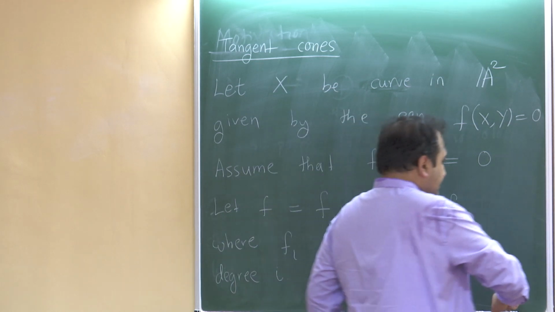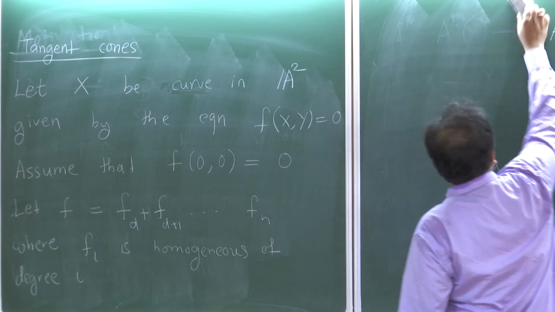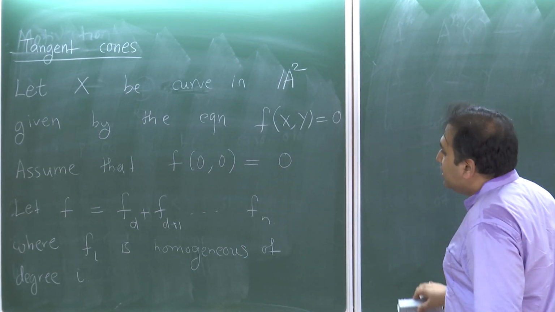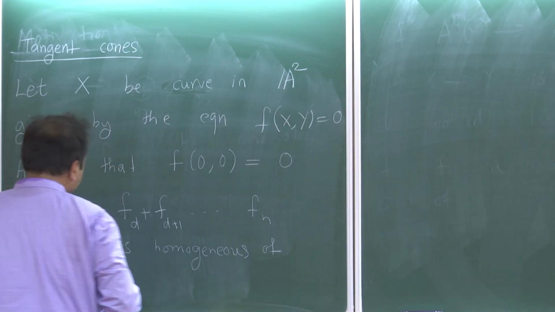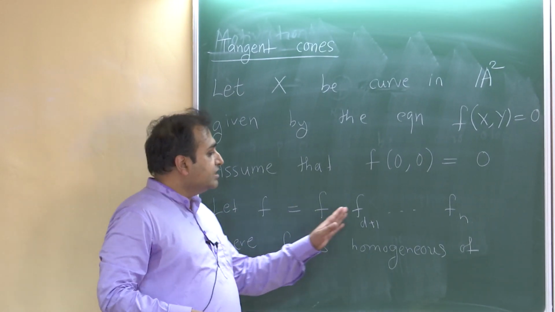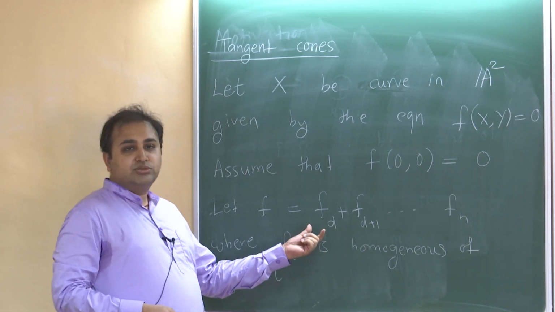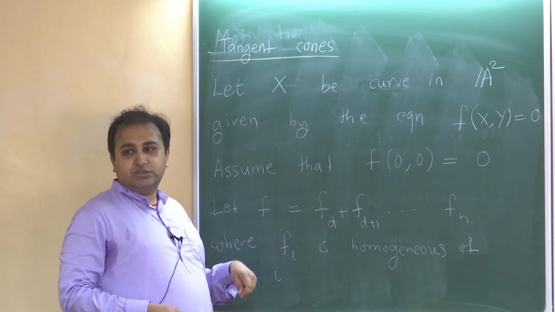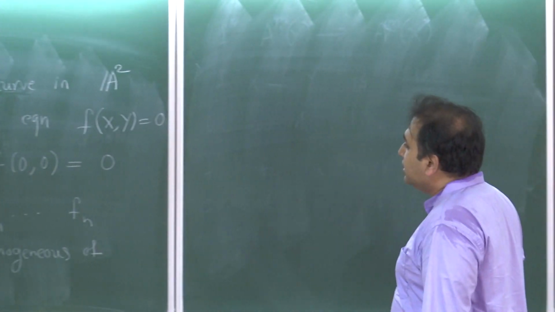Okay, so now the thing is that the polynomial fd, which is a homogeneous polynomial, is of interest to us, because it's sort of near the origin. If you want to understand, roughly speaking, the behavior of this curve, you might as well ignore these higher degree terms and just focus on this. So near the origin, the variety will basically look like the zero set of this, right? This is an approximate statement, but anyway,